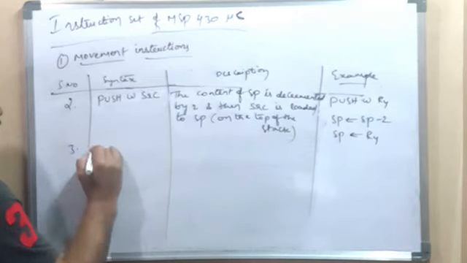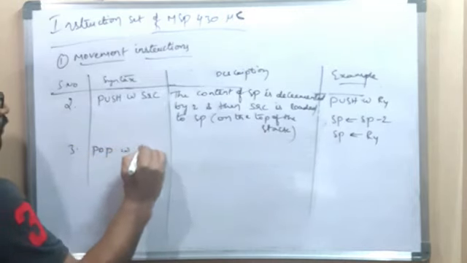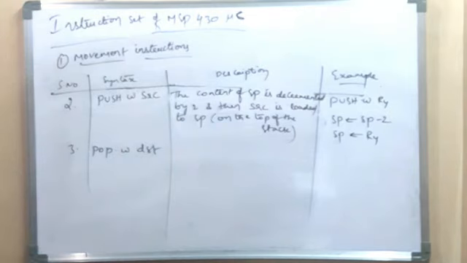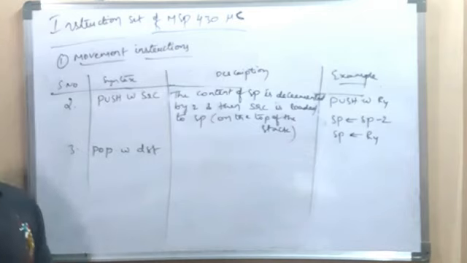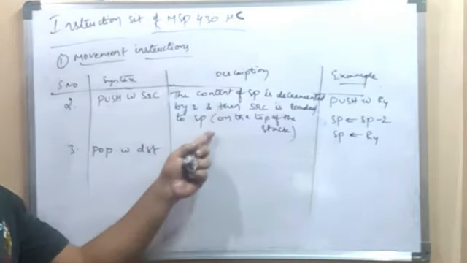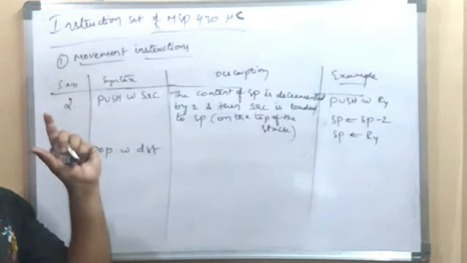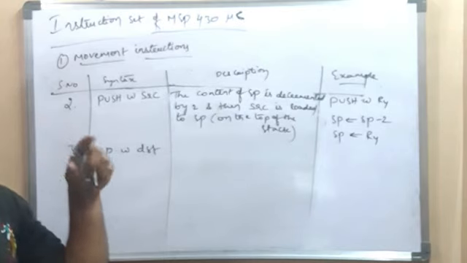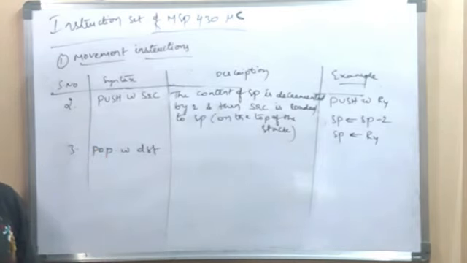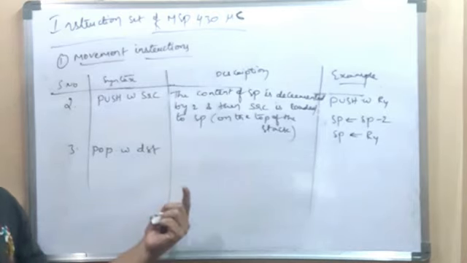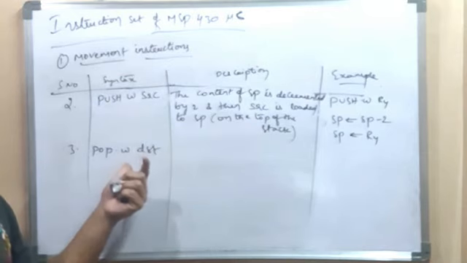Next, pop instruction. Pop dot w destination. So when there is a return instruction in the subroutine, the data that is placed on the top of the stack, that is the current address of the main program, was placed on the top of the stack in order to execute the subroutine. If the processor looks at the return instruction in the subroutine, it has to come back to main program current address. So that is retrieved from the top of the stack to current location. So for that reason popping is done.